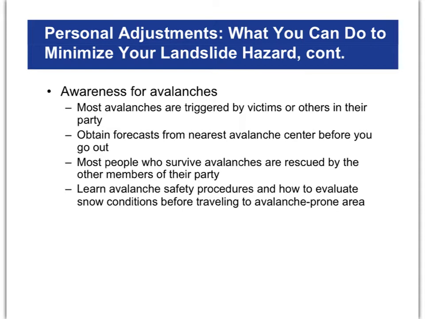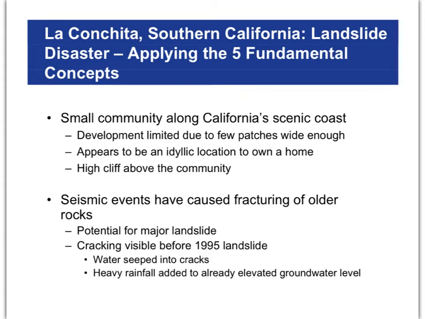If you are a skier or a snowboarder and are likely to be recreating in avalanche-prone areas, you want to get forecasts from the ski or snow resort that will tell you what places are safe. So even though you don't live there, if you carry out recreation in places that are likely to have avalanches, you can make yourself safe by getting educated ahead of time. So all these things are things that you can do to keep yourself safe in the event of a landslide, or to keep yourself safe from a landslide entirely.